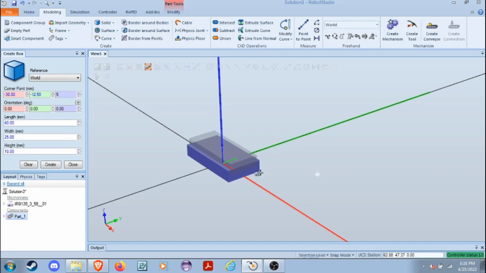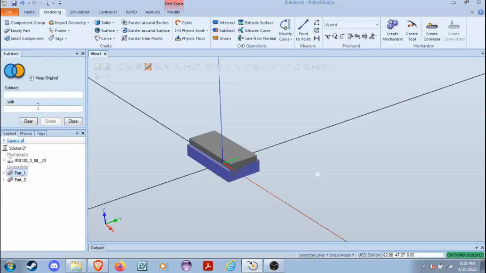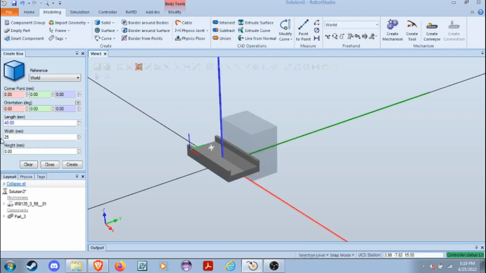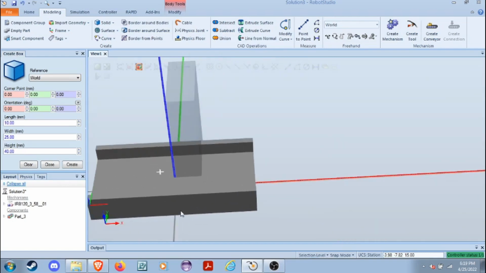By doing this, we'll be able to use the subtract function like we did earlier in order to create a sliding feature. So going through that, we're going to use subtract. We're going to select the bottom object with 5, a length of 10, and a height of 40. And then we're going to offset this one so that it fits nicely within our framework here, which means that